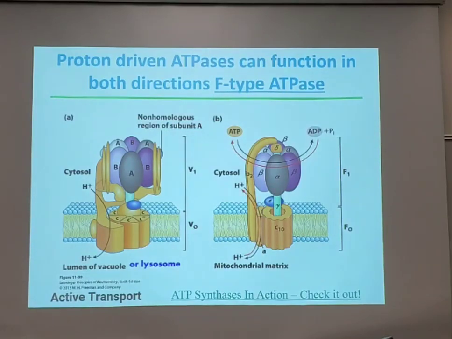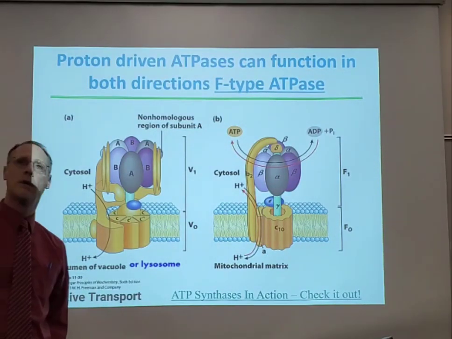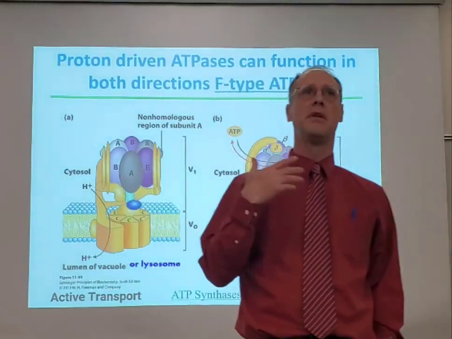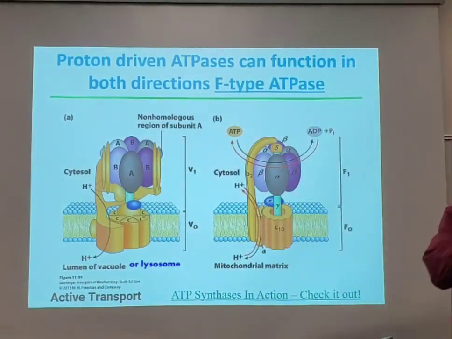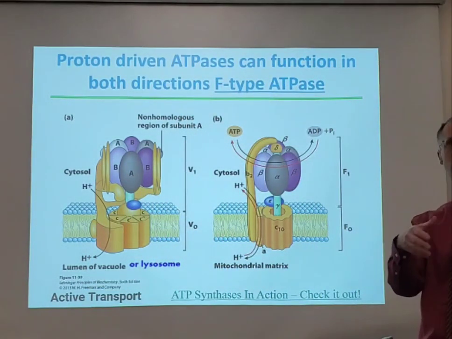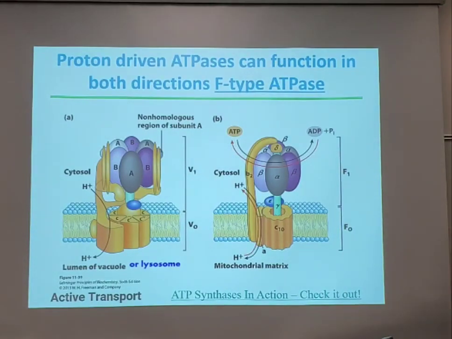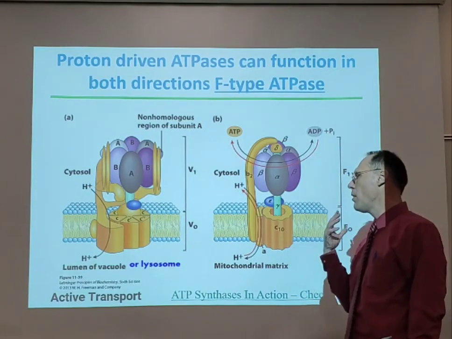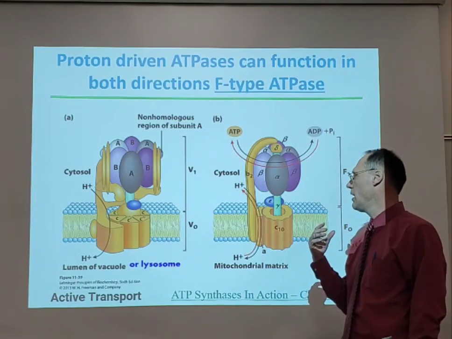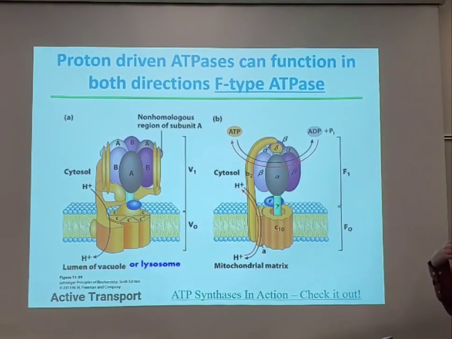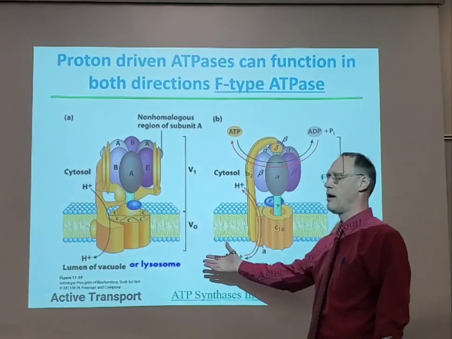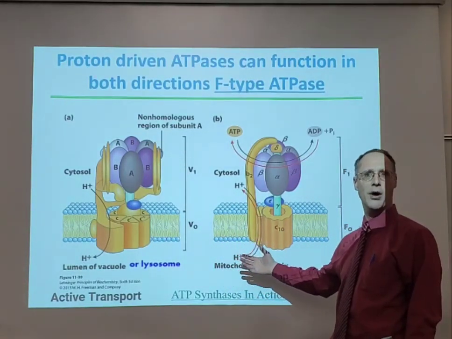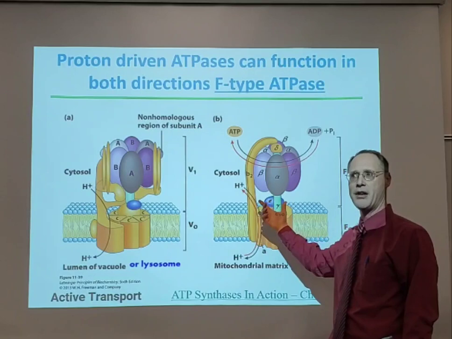Ooh, this one's cool. We go into gory detail later on this, but this is called the ATP synthase. It's the end of the electron transport chain. This uses protons to actually create ATP. But we also use it the other way around. We use ATP to pump protons. That's how I could get a vacuole to do that. But if I want to use the protons to make ATP, I can do that.